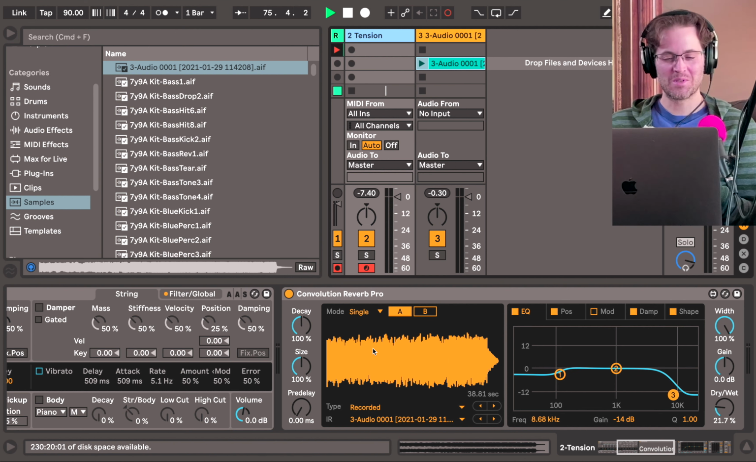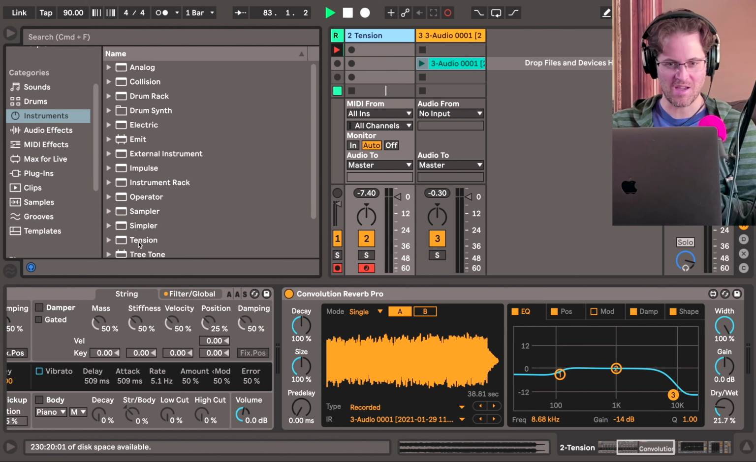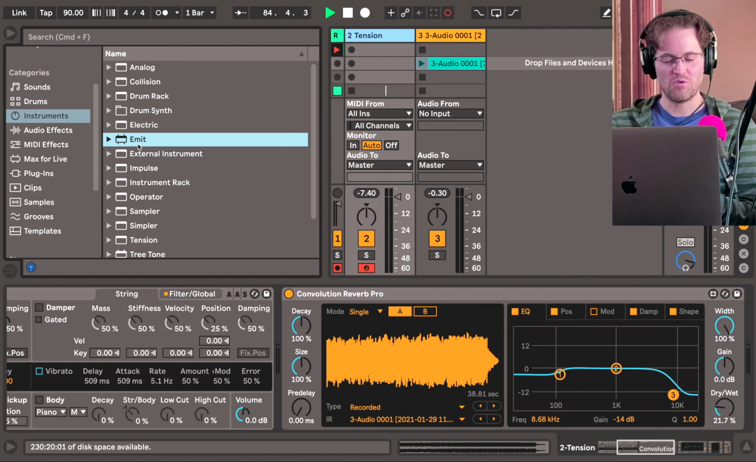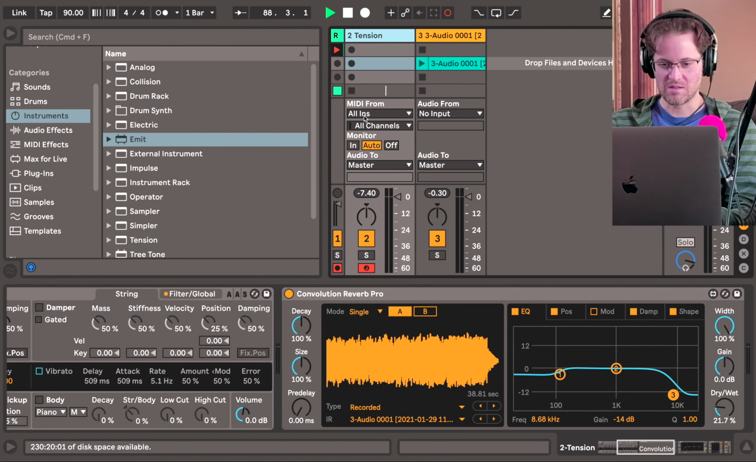It's almost like you can use convolution reverb as a sampler, because what do you do in a sampler? As we saw with those other Ableton devices, those other instruments, coming over to instruments here, these like Vector Grain, Emit, it's like future samplers. So what do you do with the sampler? You throw a piece of audio in here. So this is our audio. This piece of audio has been thrown in here. And so now